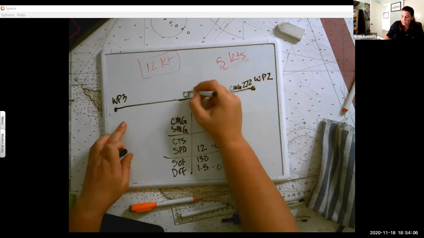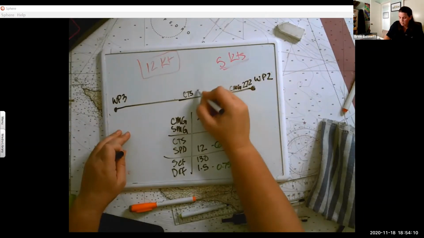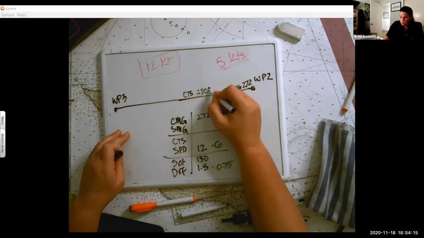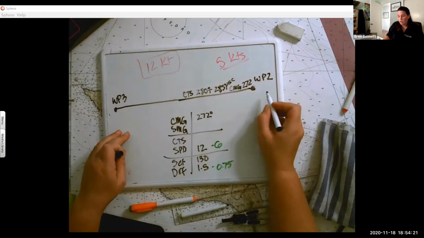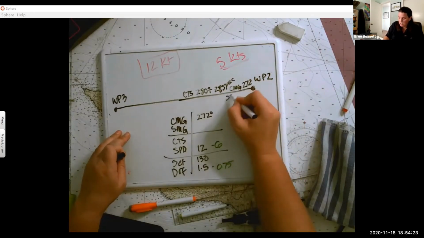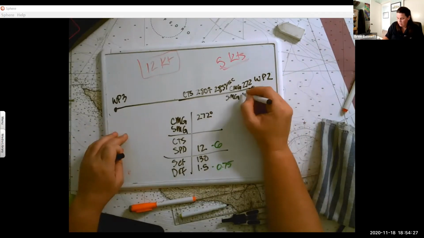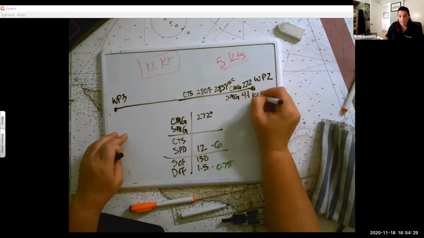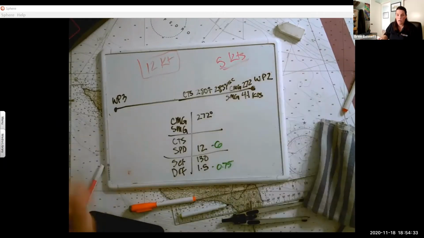Your course to steer is whatever your course to steer is, 280 true, 285, I'm making this up, PSC, and just have it there so you know. And then you could also put your speed made good, whatever it is, 4.1 knots. So you're just kind of putting the information there. So it's a quick